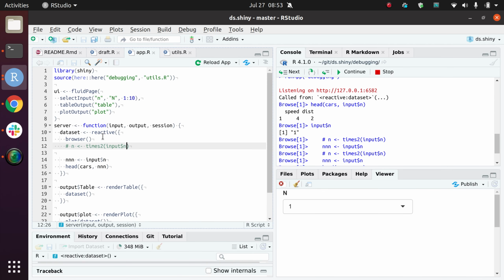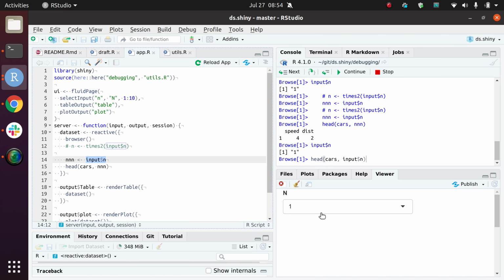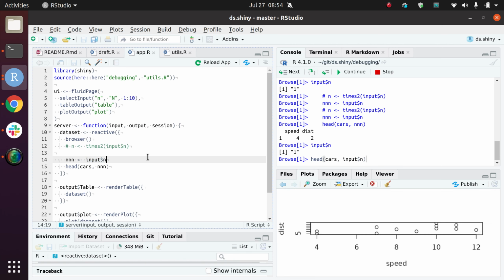So far, with browser we can only see what happens with a single input. In this case, we trigger the interactive debugger with the input 1, and now input n is always going to be 1. Even if I change here to 4, for example, or 6 or whatever, still when I print input